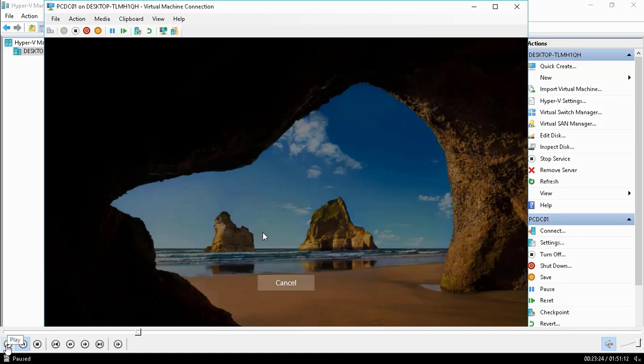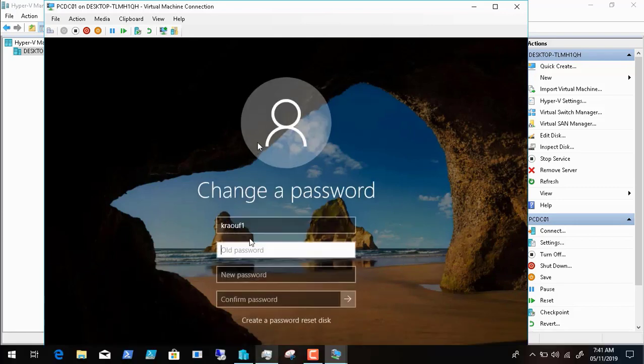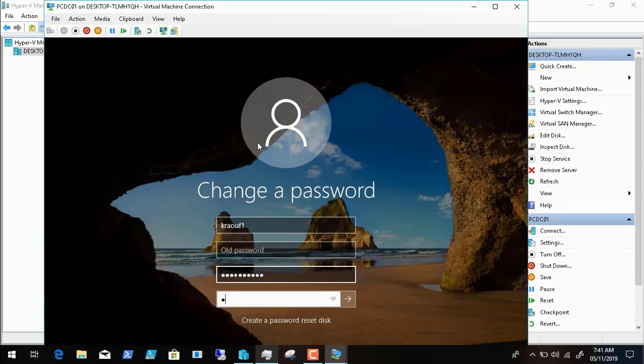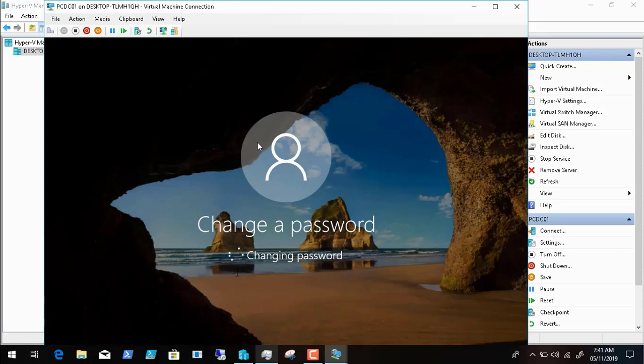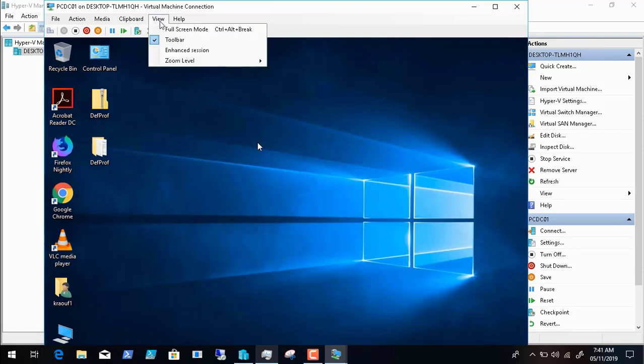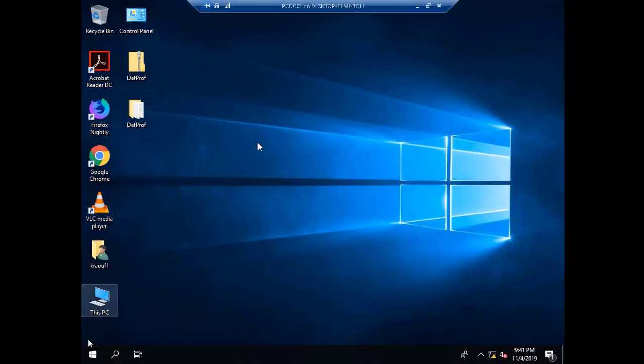I'm giving it a password because when you take an image, your image will take a copy of all of the Windows settings, including your users or local administrator users. So here I am giving my local administrator a password. Its password is being changed, and then we will begin the sysprep process first, because before the capture process,